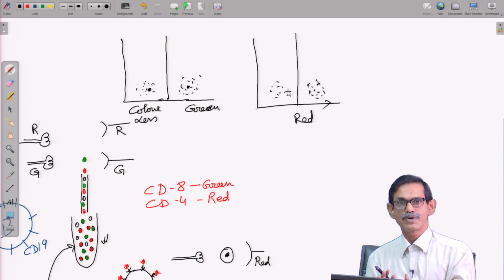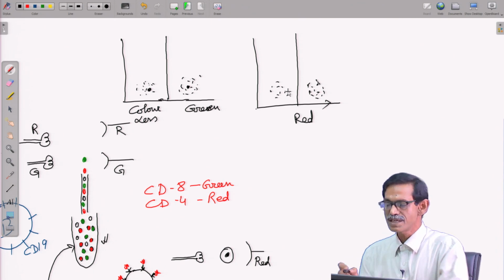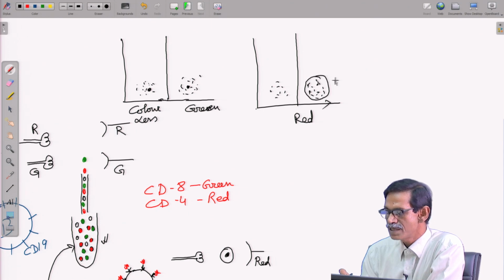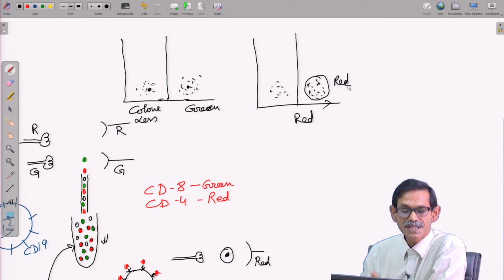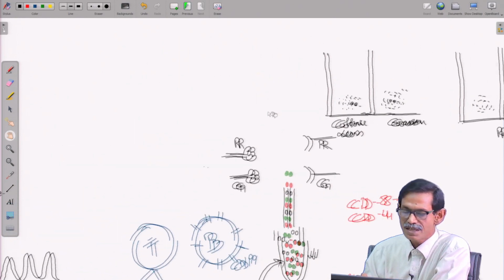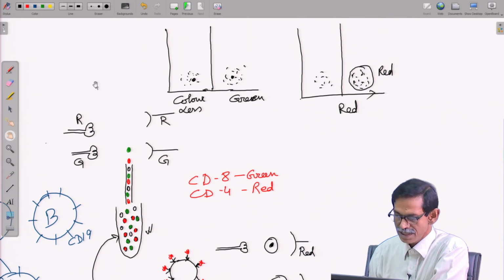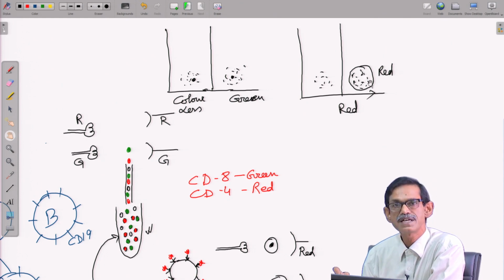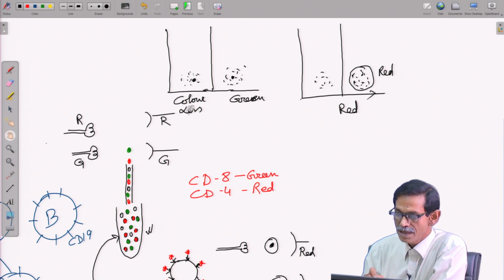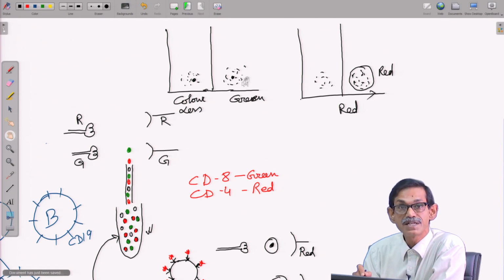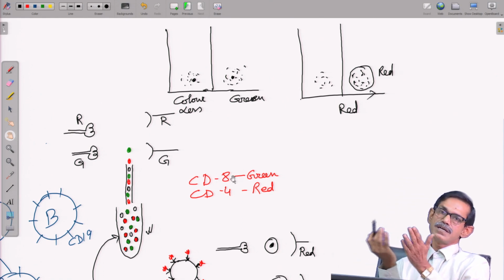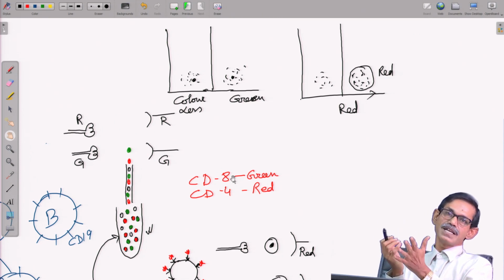So, in that way, if you mix the cells and measure and ask for the statistics, what can we get? We can tell how many red cells are here. What is a red cell? Red cell means CD4, right. So, we can easily tell how many CD4 cells are there. In the same way, I can tell how many green cells are there. What are the green cells? Green cells are CD8. So, in a population, within say 30 seconds to 1 minute, we can tell how many,